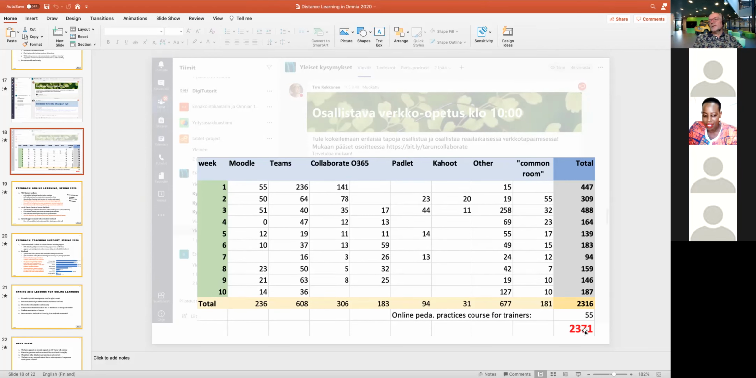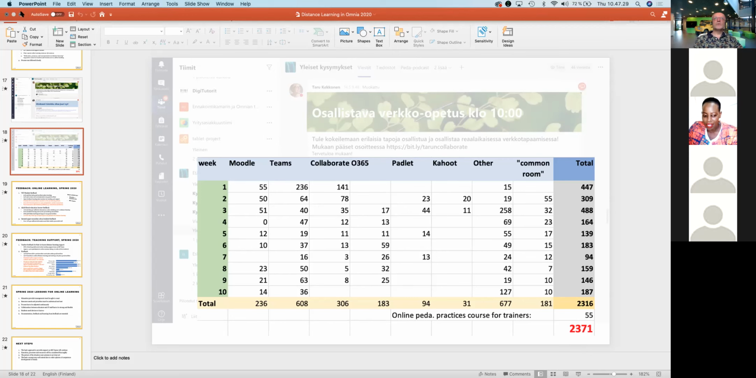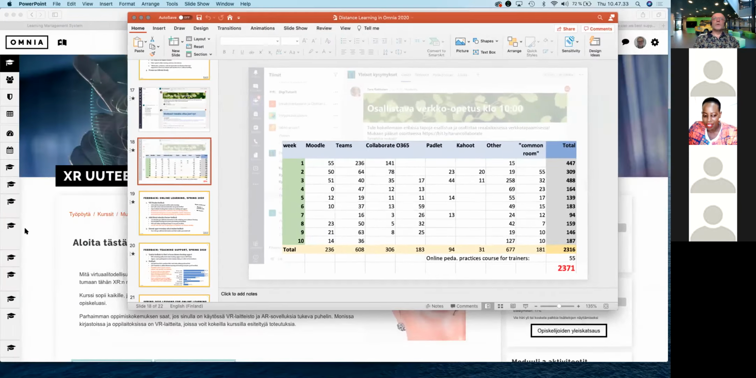we had almost 2,400 people attending those sessions, meaning that each and every teacher attended 4 sessions on average. So that was our way of arranging the support, and not only those sessions, just like we have now. Important thing was that we also have this